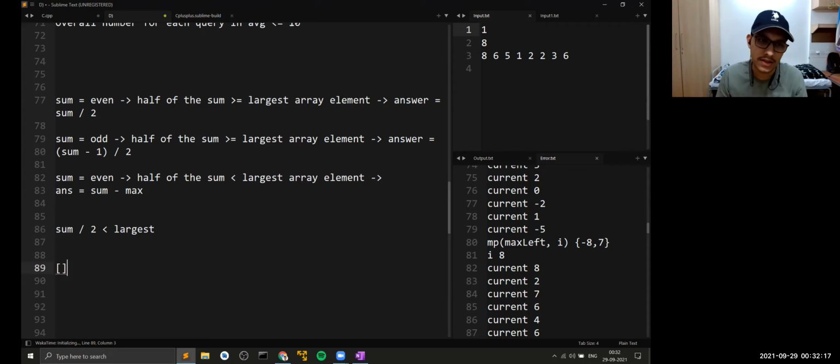Okay, let's talk about this case. You are saying the half of the sum is greater than that, right? So yeah, I think that would work if you pick up any arbitrary elements.